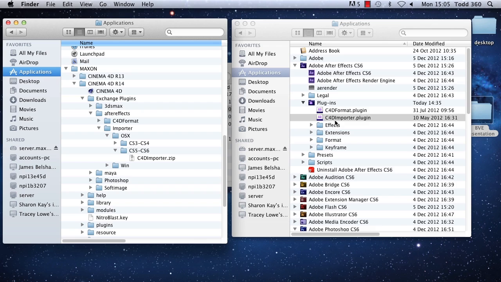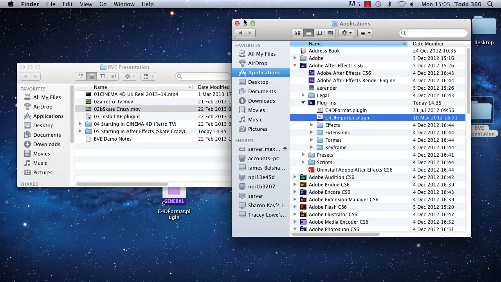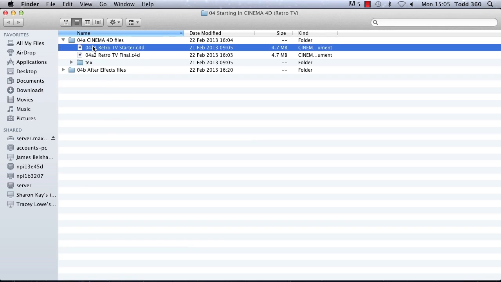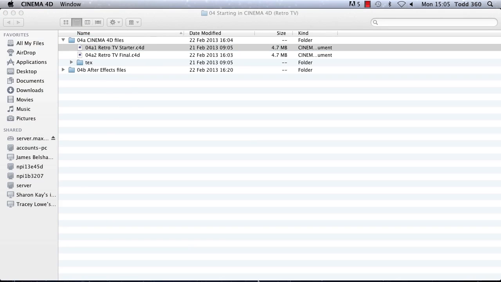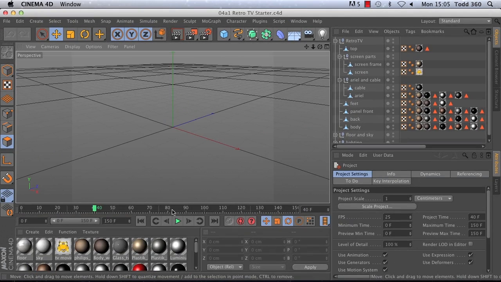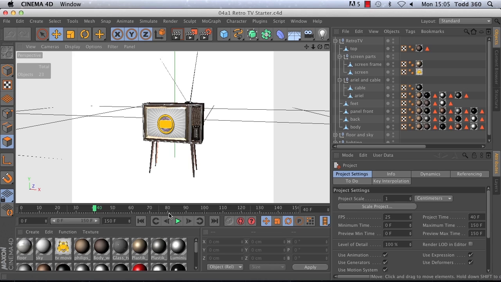Okay, so we've got our plugins installed. Now we're going to start the little projects. So I'll just close those, move them out of the way. And we'll start directly in Cinema 4D with this example here. Let's just go into Cinema. Okay, so I'm a little squashed on screen space here, so hopefully I can browse through all fine for you. But we've got a very simple scene here